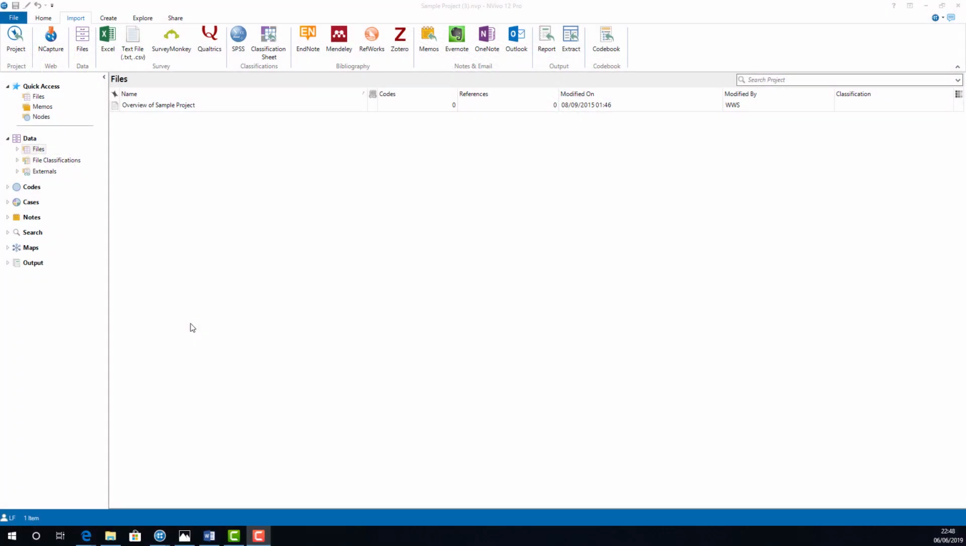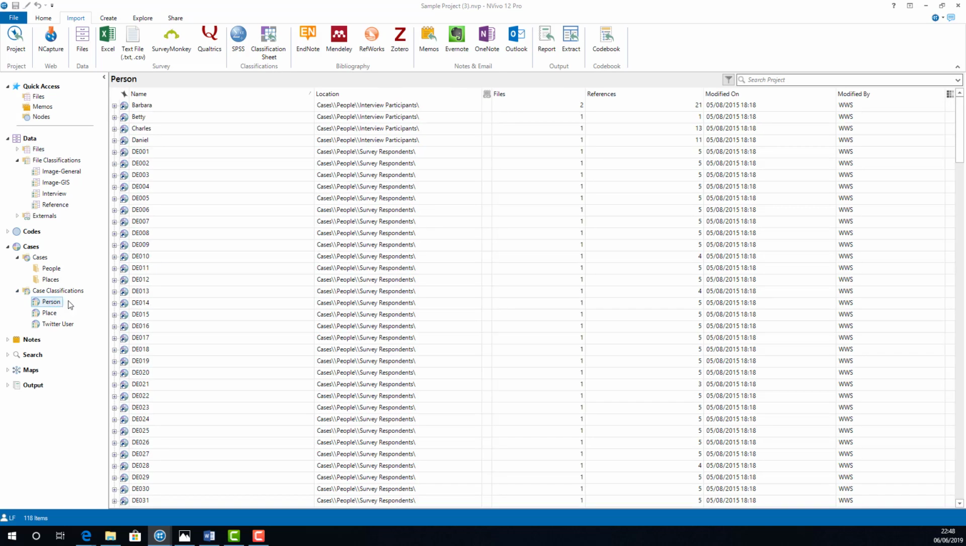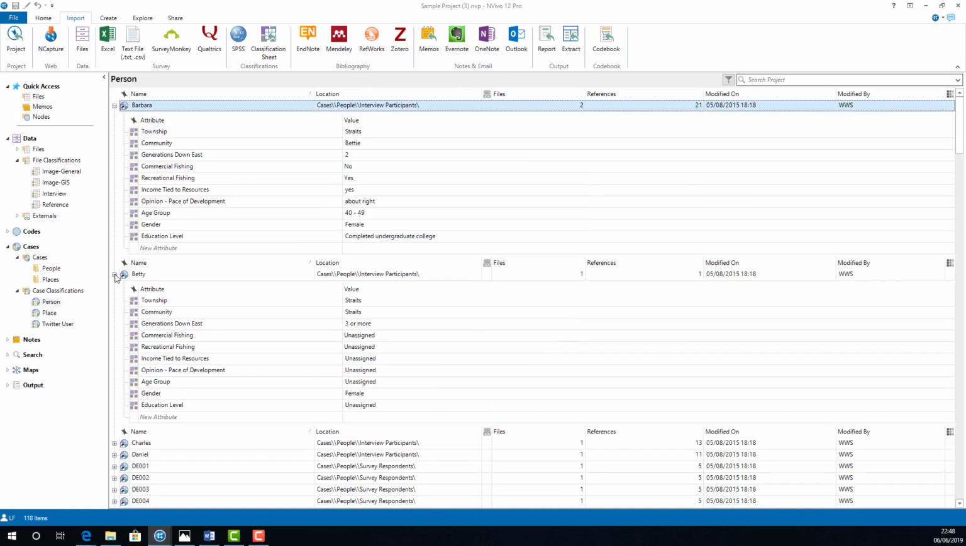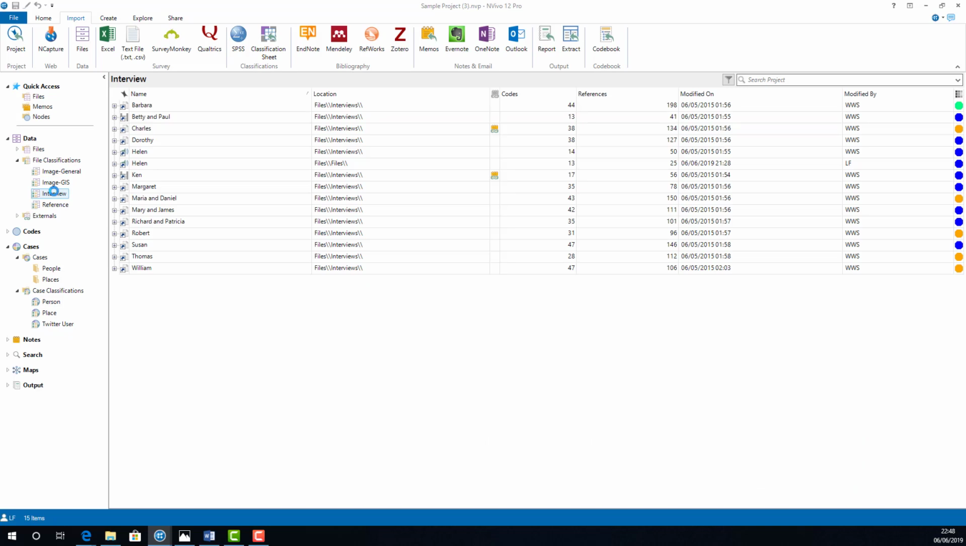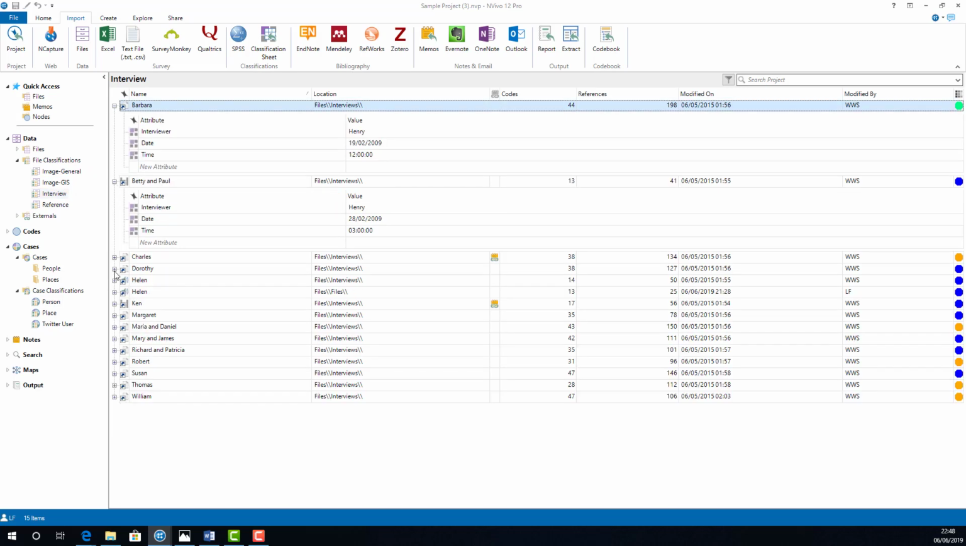This video will introduce you to search folders, but before we create a search folder, it's useful to really quickly recap the significance of classifications and attributes. Earlier videos showed you could create both file classifications and case classifications. These case classifications, for example, allow you to store a whole range of different attributes about your participants or other units of measure. Similarly, the file classifications allow you to do exactly the same for different metadata about the files